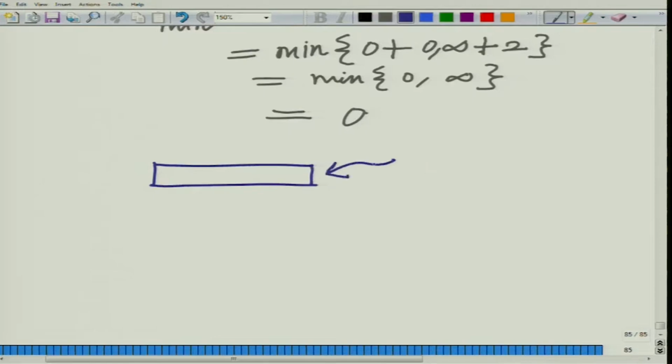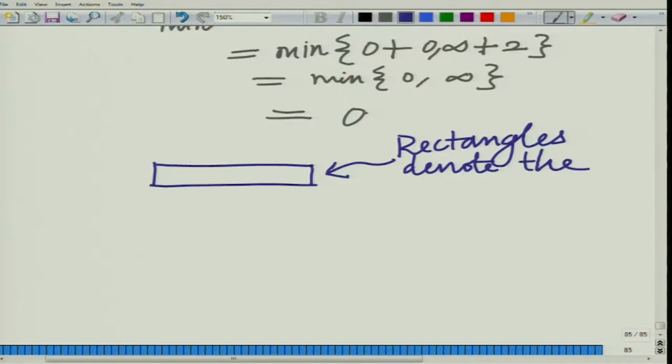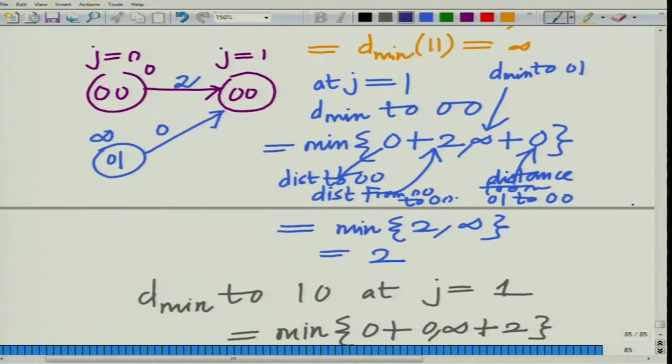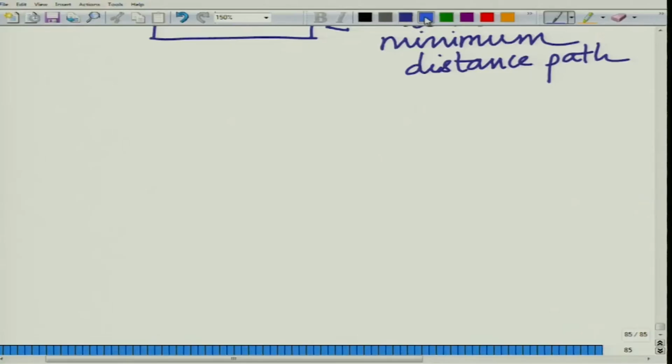So let me just mention it. These rectangles denote the path we have back traced. Basically what we have done is, at this point we have back traced to find the minimum distance path, and the rectangles denote the minimum distance path, and correspondingly reading the states along the minimum distance path, I can find the state sequence. So the state sequence corresponding to the minimum distance path, or basically the maximum likelihood state sequence,